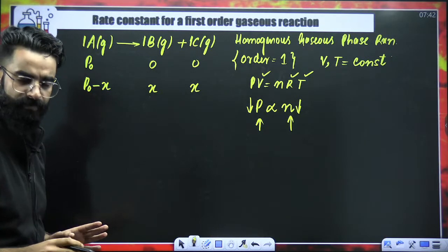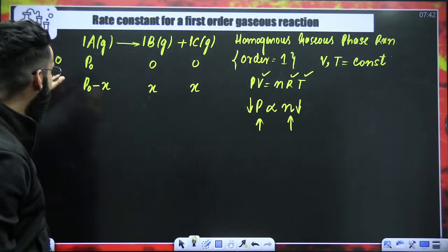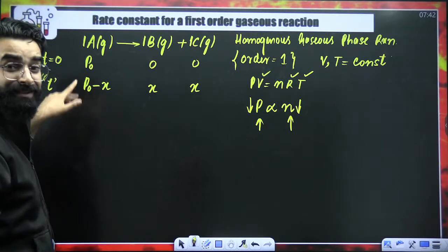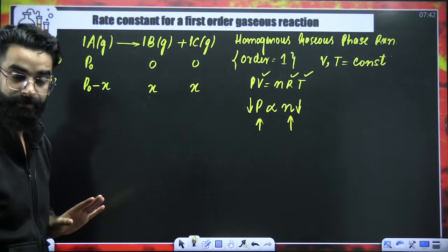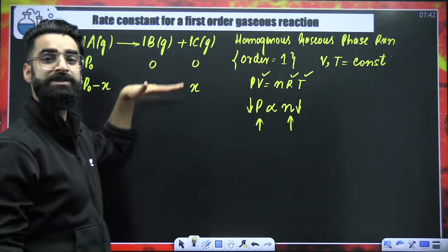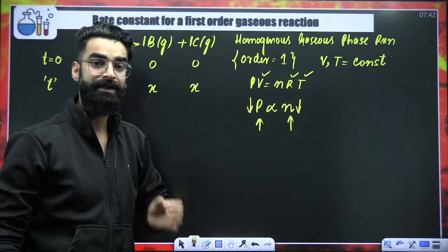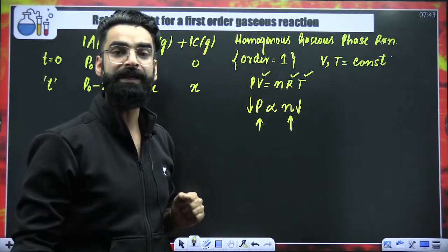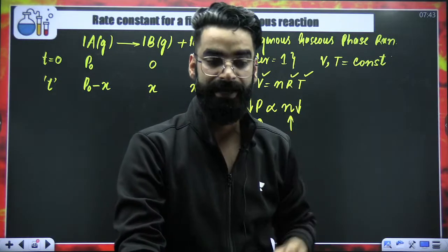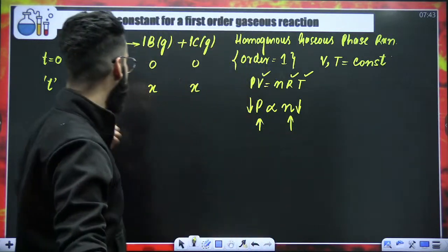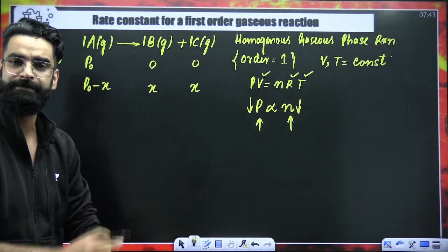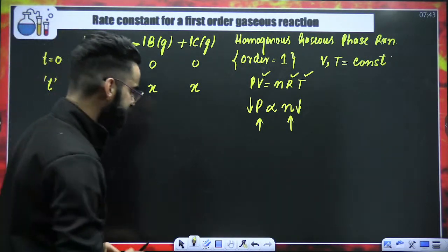Right? Try to understand. At time t is equal to 0, there was only one gas in the container. At time t, there are 3 gases in the container. Right? There are some moles of A which will be there in the container, and some moles of B and C which would have got formed. So if I ask you whether at time t there is only one gas or we have got a mixture of gas at time t, I would say at time t, we have got a mixture of gas. At time t, we have got a mixture of gas, right? My dear students, if I ask you,